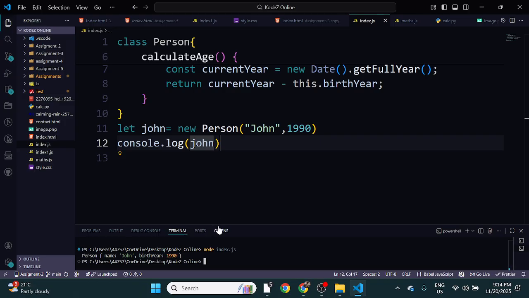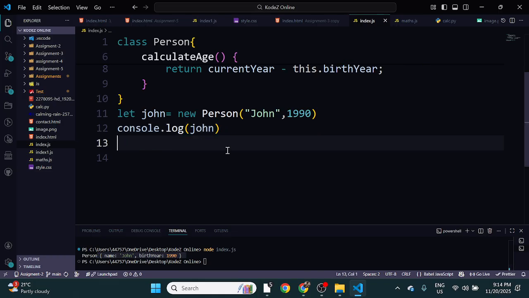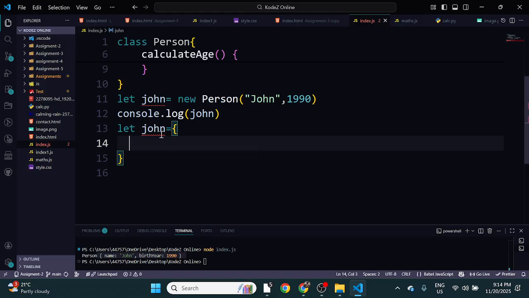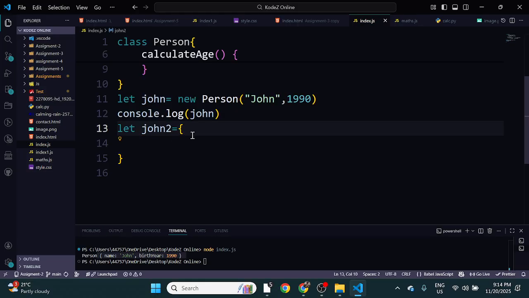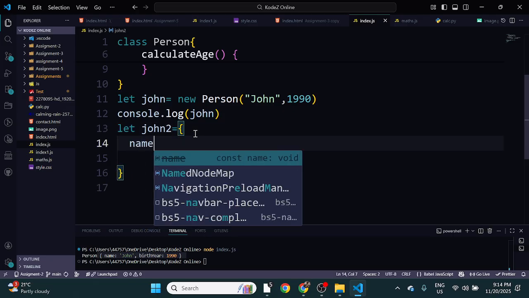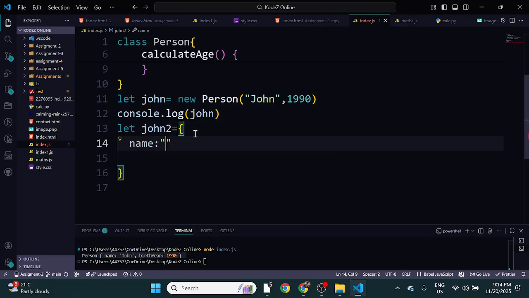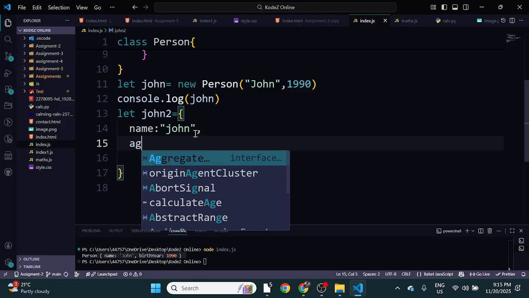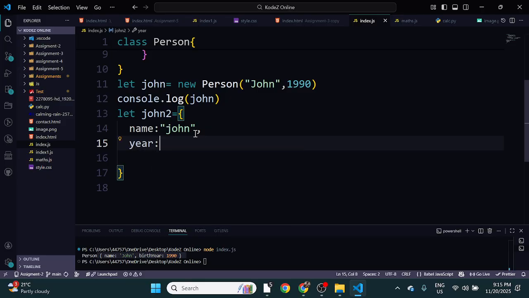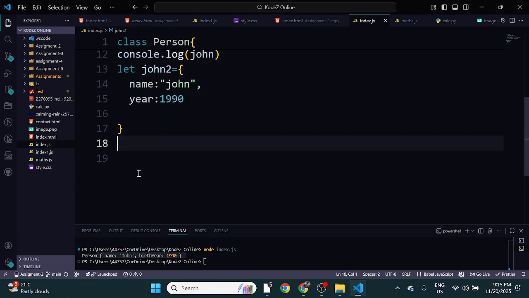Okay, just see it. So this is a normal object. How do we create a normal object? We create it like this only, like let John equal to, I give John 1 here, John 2. So in John 2, I give name and I give some value here, John, right? Then I give some here. Here I am giving 1990. So when I console this John 2,